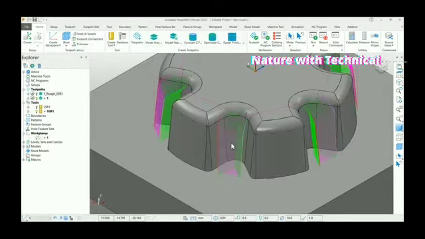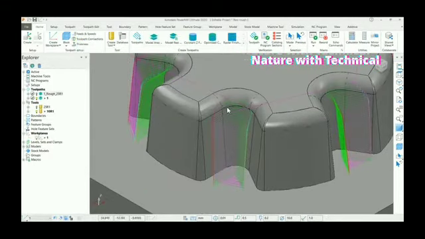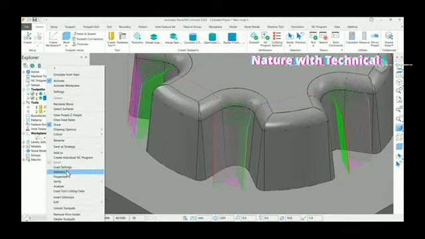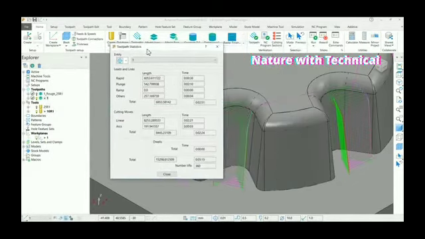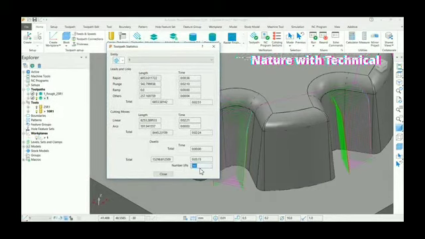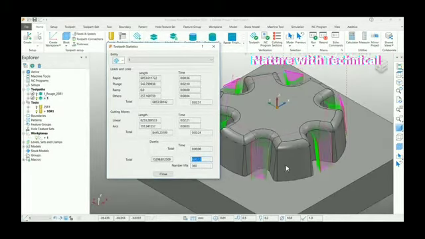If you closely look at this toolpath, there are numerous lifts in this particular toolpath. If you want the exact number, you can right click the toolpath here and go to the statistics page. You can see there are 360 lifts in this toolpath. At the same time, the toolpath time comes around 5 minutes 15 seconds. But if you run the same toolpath in your machine, it may take more than this timing, because of the number of lifts in the toolpath.